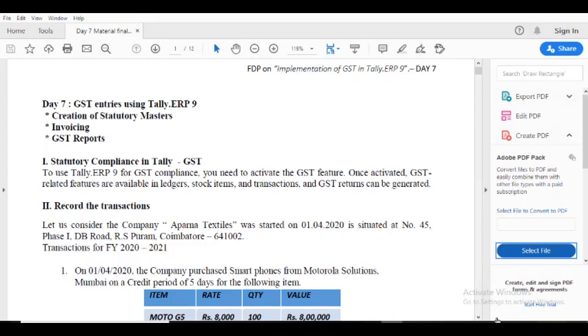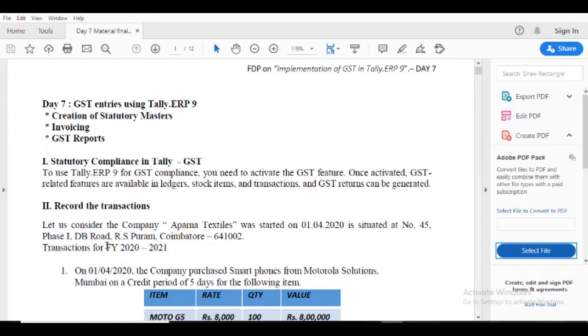First, we move to statutory compliance in Tally GST. When you activate the GST features in Tally, you may use GST transactions in Tally. Record the transaction. Let us consider the company Abarna Textiles, started on 1/4/2020, situated at number 14 space 1 DB Road, R.S. Puram, Coimbatore 2.